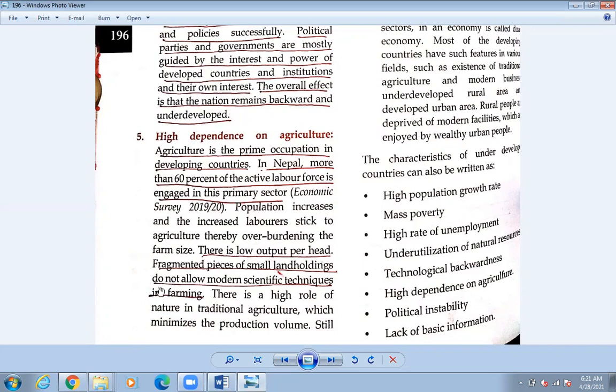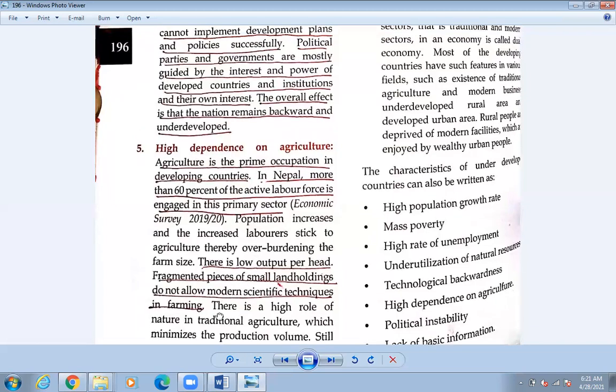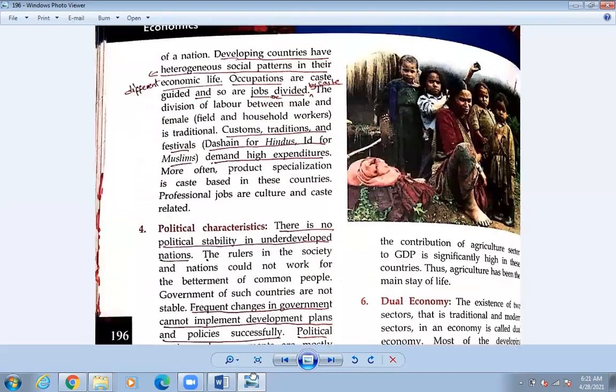Okay, in foreign countries everything is one plot and big machines are there, so they are plowing the fields. The big fields are being plowed by the machines. Okay, so they are using fertilizers well, and using water well too. So in that way the country is going to be developed. Okay, so dependent on agriculture, and on top of that, they run it by fragmenting the pieces of land. Okay, and that's why also the country is getting underdeveloped in our